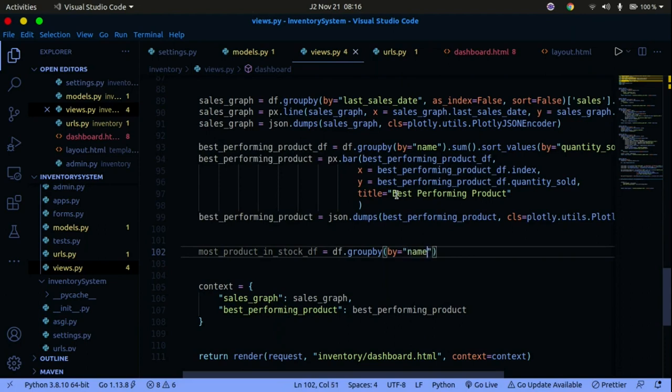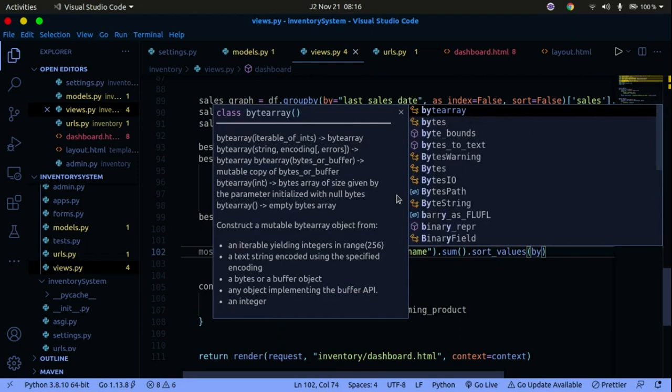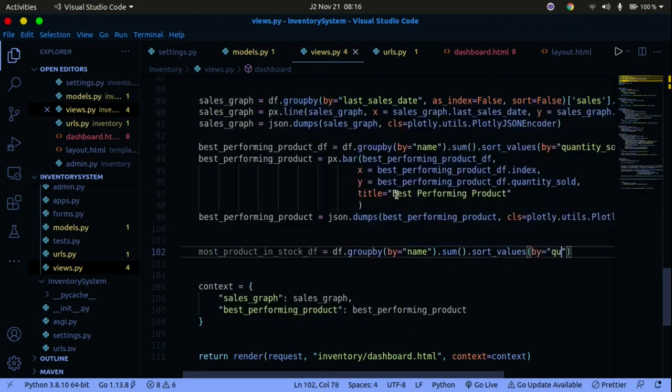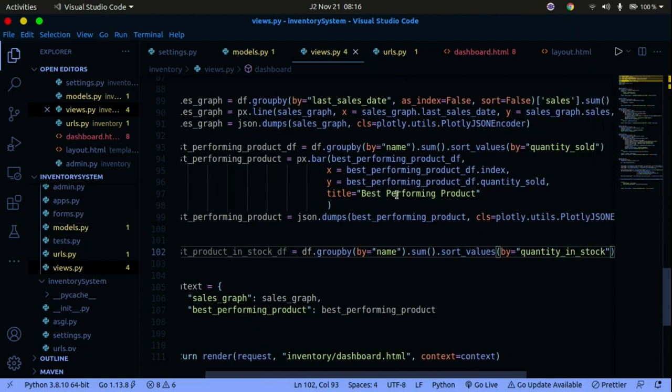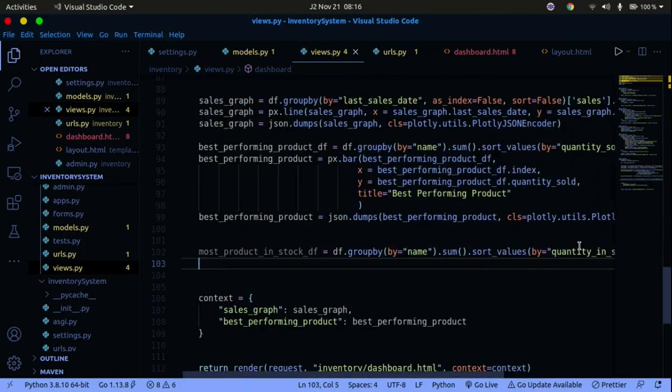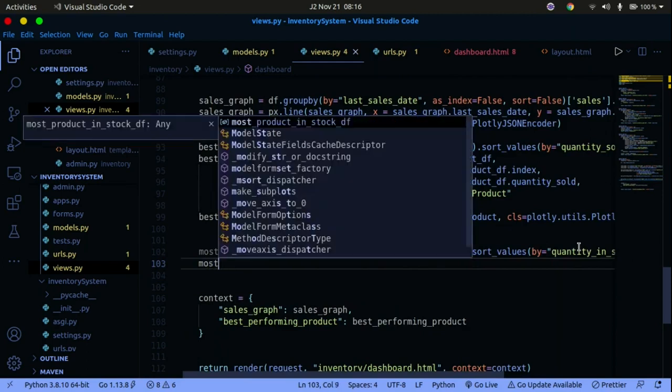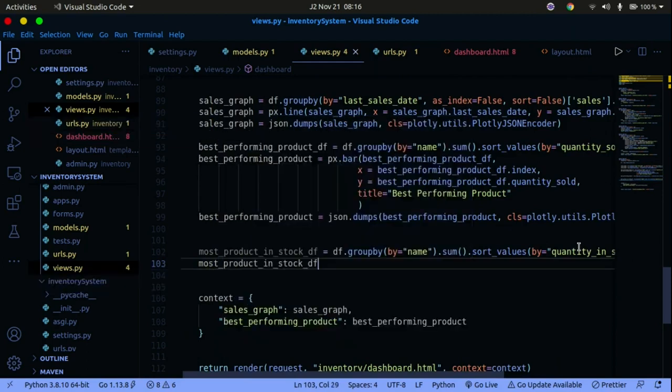of the product, and then we're going to find the sum of each. So sum, and then you're going to sort the values, sort_values, and we're going to sort by this parameter. You're going to sort by the quantity_in_stock. Now that we have that there, you can go ahead and do most_product_in_stock,